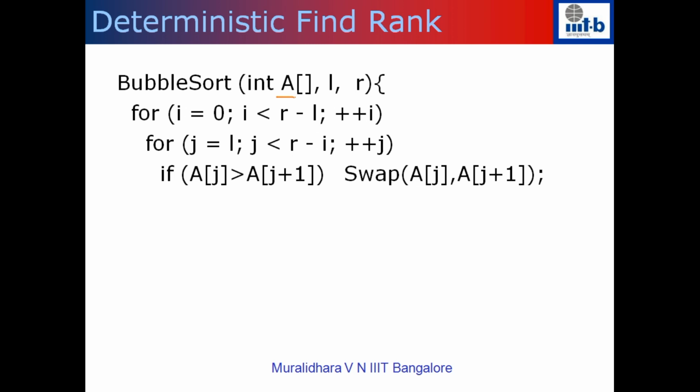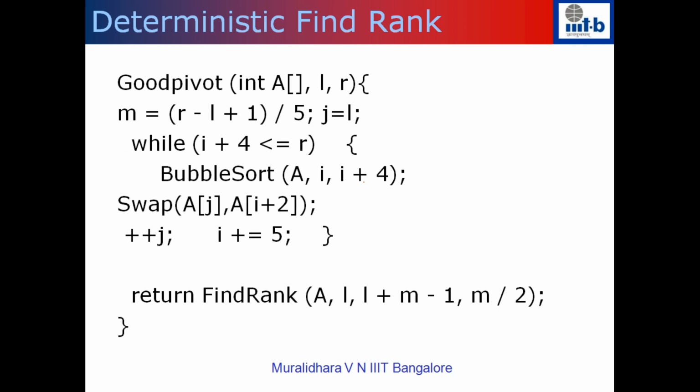It takes a sequence of numbers between L and R. It will sort the numbers between L and R. So what the bubble sort did is that it had an inner for loop. If F[j] is greater than F[j+1], then we swapped it. So we repeated this R minus L number of times. So it takes the numbers from between L and R and sorts them, right? So this is precisely what the bubble sort algorithm does.